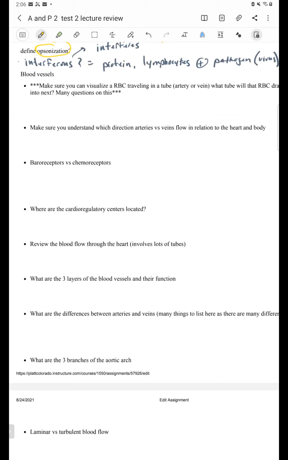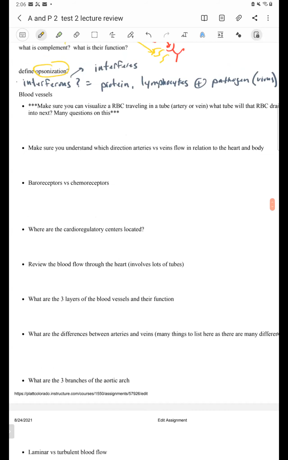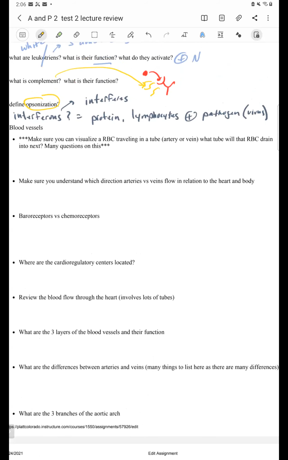Sorry, Dr. James, just to clarify, if you're asking the red blood cells, you would drain into the heart, meaning it would be the veins, correct? No. That's okay. No, so